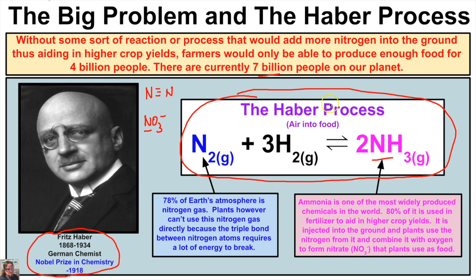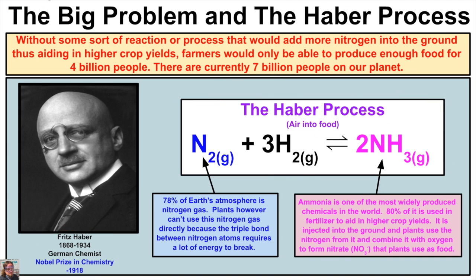Well, if we take the Haber process and we apply the ideas of a gentleman by the name of Le Chatelier, then we can increase the production of NH3 and make this chemical reaction a lot more efficient. So let's take a look at that. Let's go ahead and apply Le Chatelier's principle to the Haber process and see how we can increase the yield of ammonia that we can then use in our fertilizer to produce higher crop yields